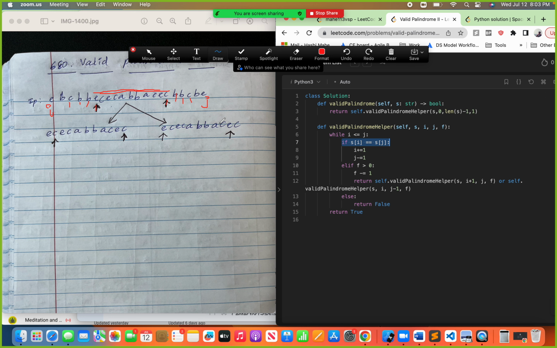So here is the case: if you have written an if condition instead of recursion, something like first ignoring e and comparing c c, then it becomes true, and again e e true, c c true, and it will continue until the condition becomes true, and you will return true. But